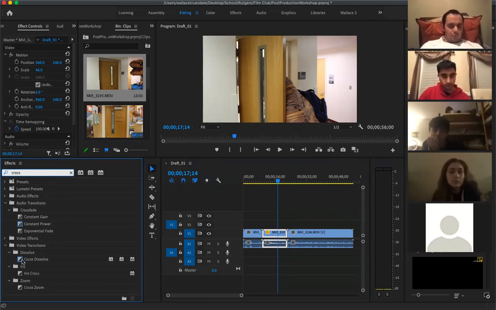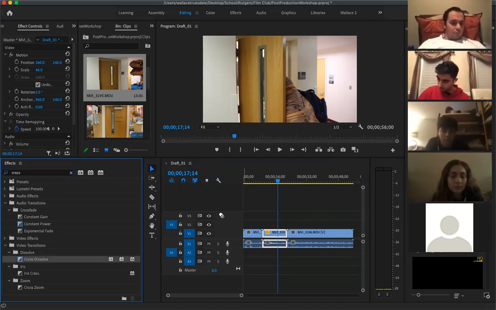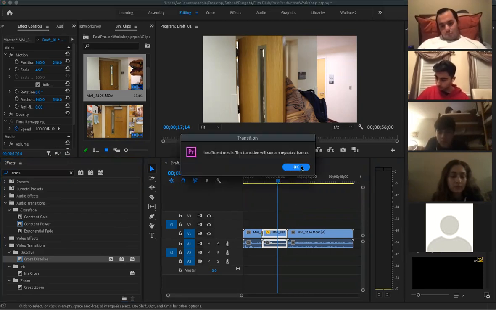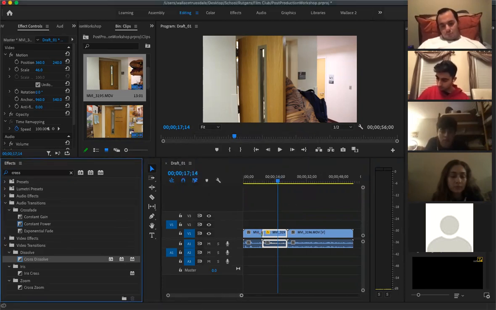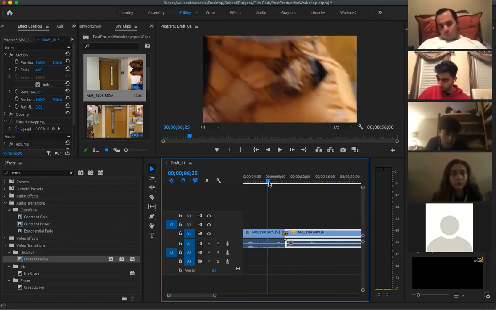Cross dissolve is so popular that it has its own shortcut in Premiere Pro, since that's what everyone basically uses at one time or another. I believe it's Command D on a Mac, and I don't know what it is on Windows. I'm going to assume probably Control D. Whenever you're using any effect from the effects panel, you can just click on it, hold, and drag and drop it onto the sequence clip like this. Since this is a transition, it's going to go in between these two clips right here. And once I play it back,